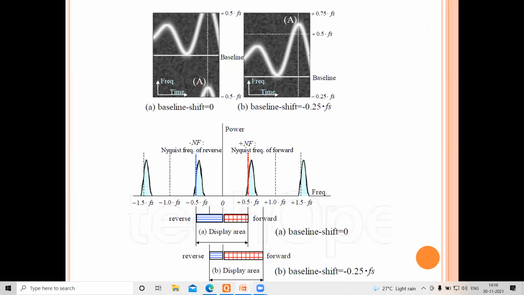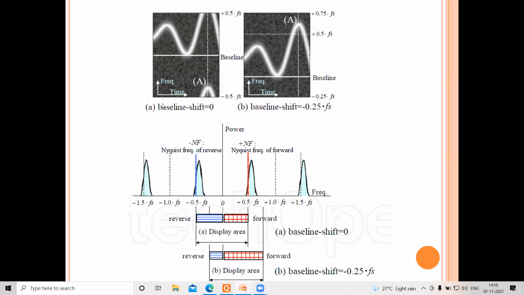Therefore, what is the problem? For example, I hope everybody is able to see these images. I marked this is the spectrum. What I've done is I've taken a spectrum of an image. This is your baseline. I marked the baseline. At instant A, if you look, the top of your signal, the maximum of your signal, is being cut off. It has been cut. Therefore, you are not able to analyze.